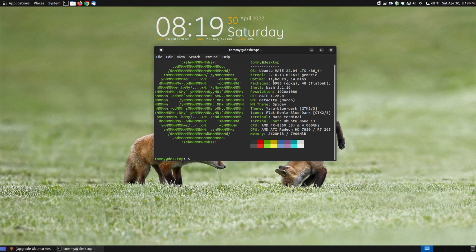It will show you your number of dpkg packages on your system compared to Flatpak. And there's probably ways of looking at snaps as well. I do have mostly deb packages installed on my system. It will show you what your bash version is, your screen resolution, and that you're using the desktop environment of